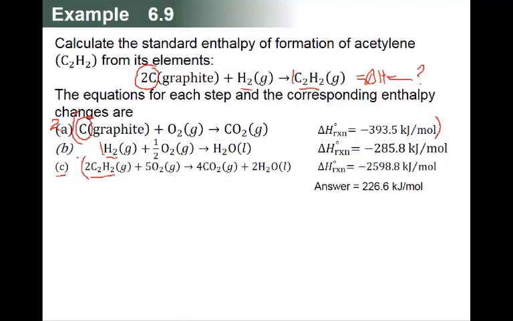So divide by 2 means multiply by half, same thing. And this is a reactant, but in the question it is a product, so we have to also reverse it. So let me write it R. R means we have to reverse it and divide by 2 also. So equation 1 multiply by 2, equation 2 no need to change, equation 3 reverse and divide by 2. So let me solve this problem. Equation 1 is multiply by 2.